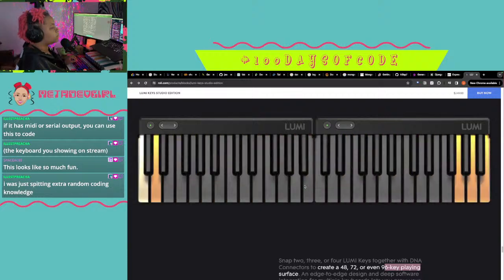Four. Oh, so I guess that's 4, because this is 24. This is 48. So up to 4 of them.